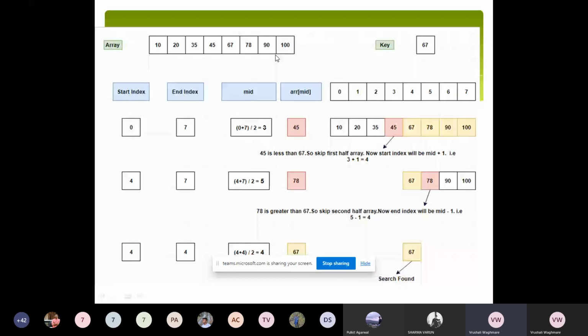Right now it is between 45 to 100, so it will take the mid between 45 to 100. It will compare with that mid. Okay, it will compare with that mid value, and if it is matched, then it is okay. Otherwise it will find whether it is ahead of or behind the mid value. It is smaller or greater, and if it is smaller, it will take the previous index, and if it is greater, it will go for the next index. Okay.